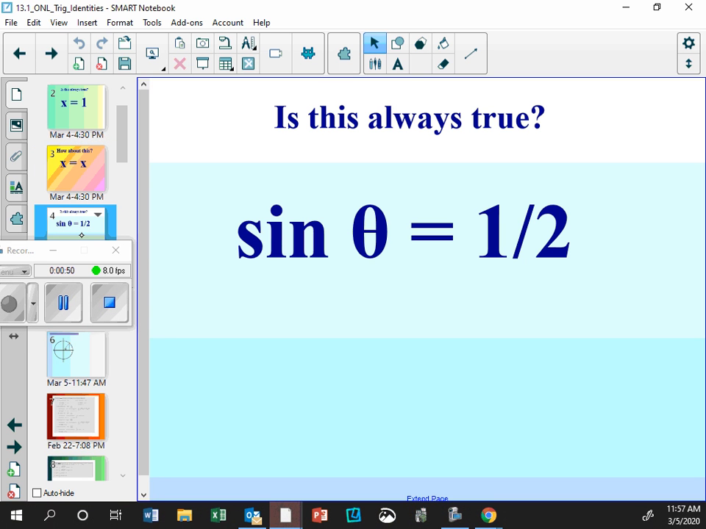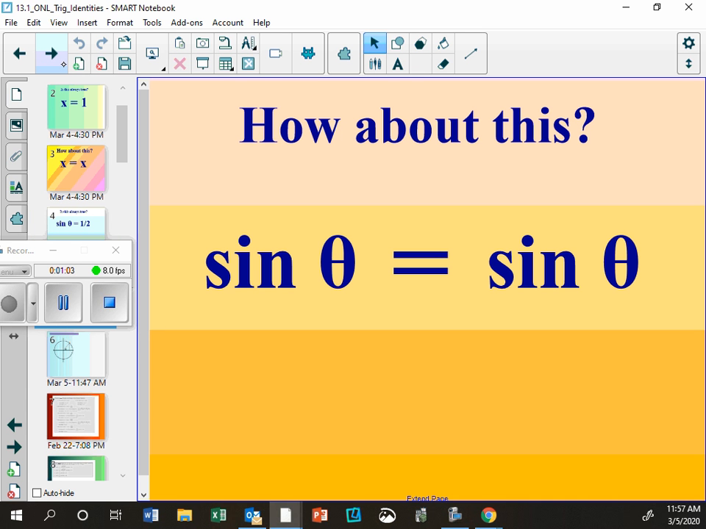So let's go to this one. Is this always true? Nope. Some angles would work, some would not. All right. Let's go to this one. Is this always true? Yep. No matter what the angle is, if you do sine of that angle, it will equal sine of that